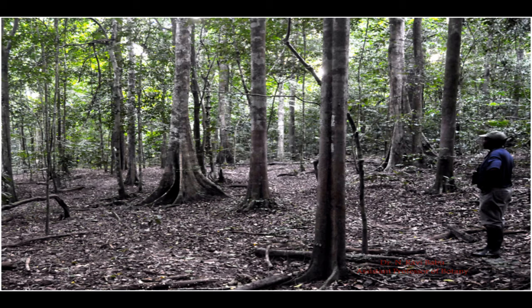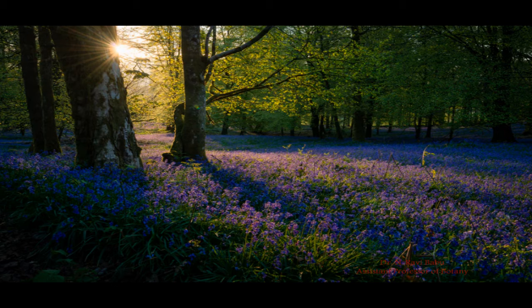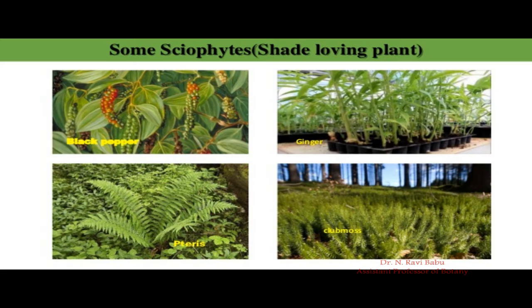Many species of plants are shade tolerant. They are generally called heliophobous plants or skyophytes. The species of plants which are tolerant of shade are called heliophobous plants or skyophytes. Of course, they are capable of surviving and growing in low light intensity, whereas